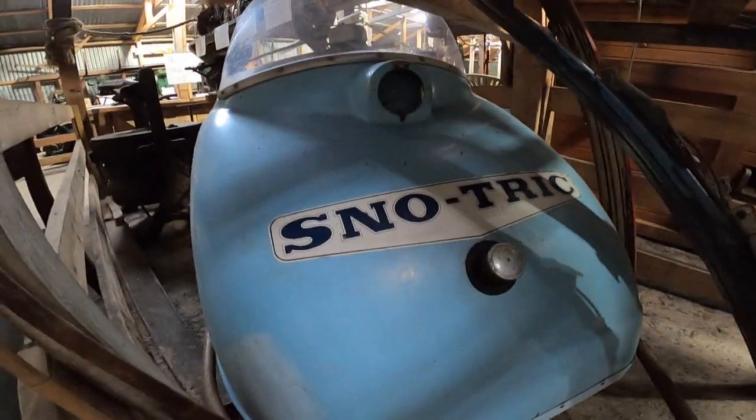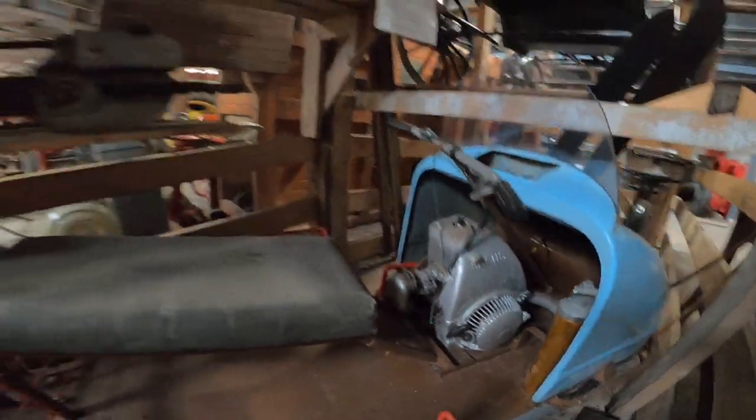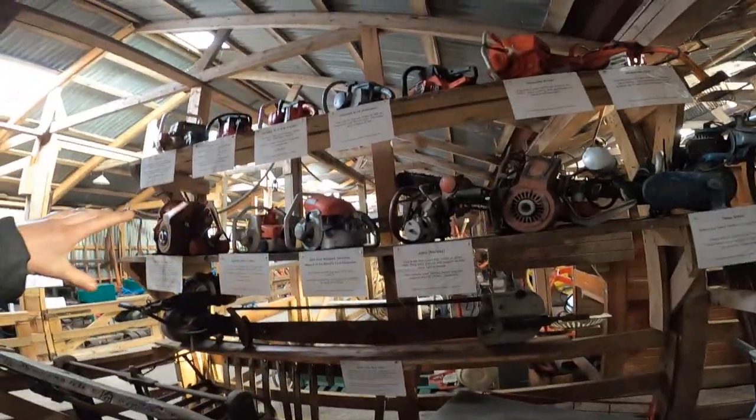Look, a snow track. Yeah, that's one of those things for going, it's like a snowmobile almost. Look at that, it's got a Sachs engine in it. And then check this out, this is where a lot of my family heritage comes from, this scene as well,